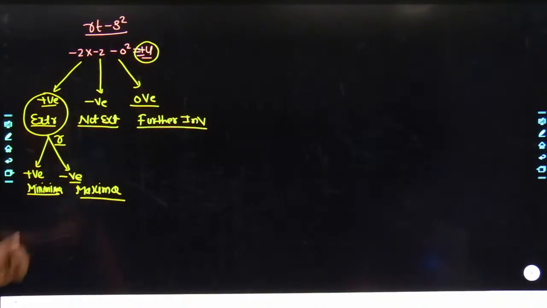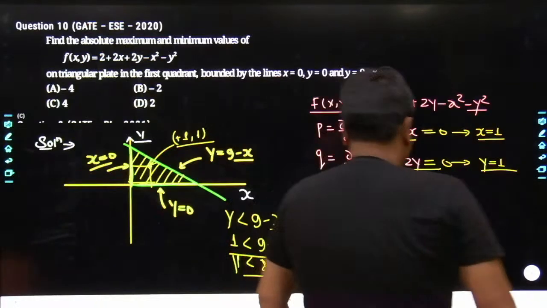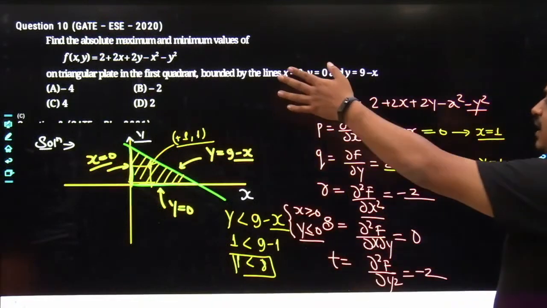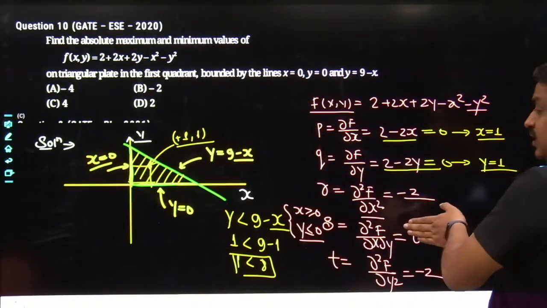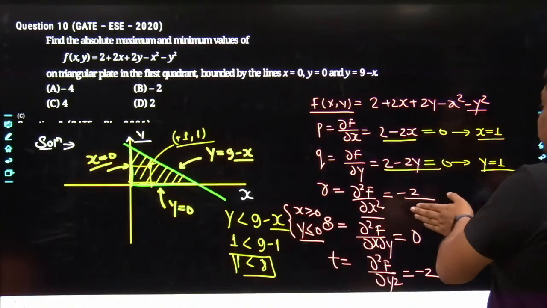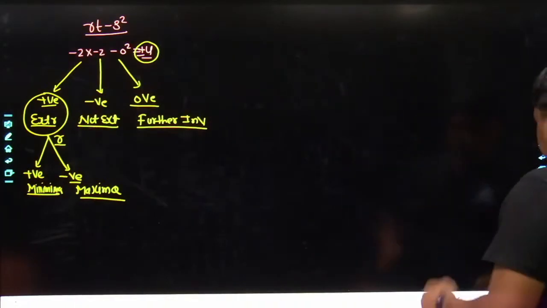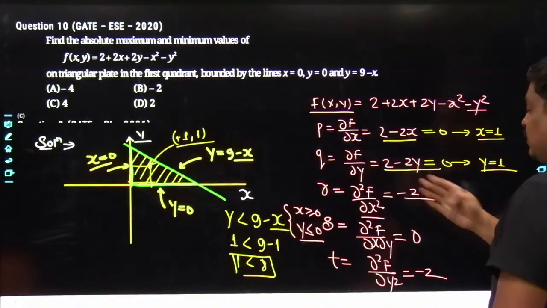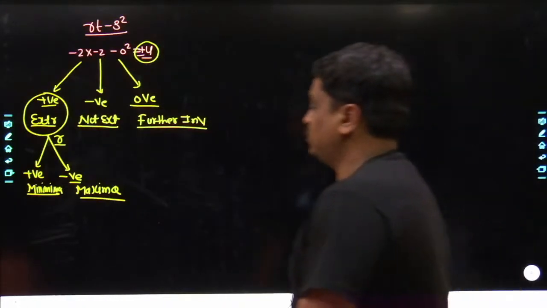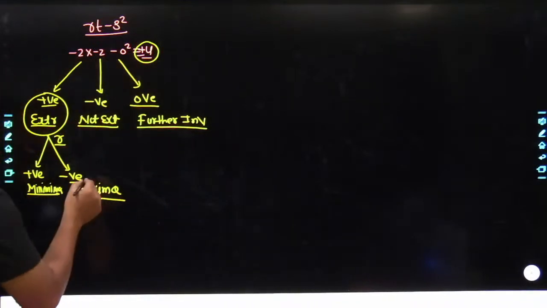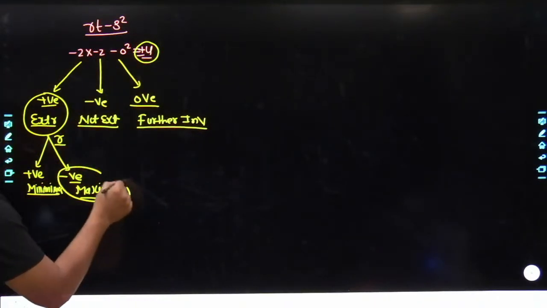Agreed? What was the worth of R? Most of the time, for the higher degree, even the R used to be a function of X and Y, and I used to feed the value of X and Y as a stationary point. But here, as the degree of polynomial is so small, the value of R has been straight away found to be minus 2. What does that mean? That means it is found in this segment.